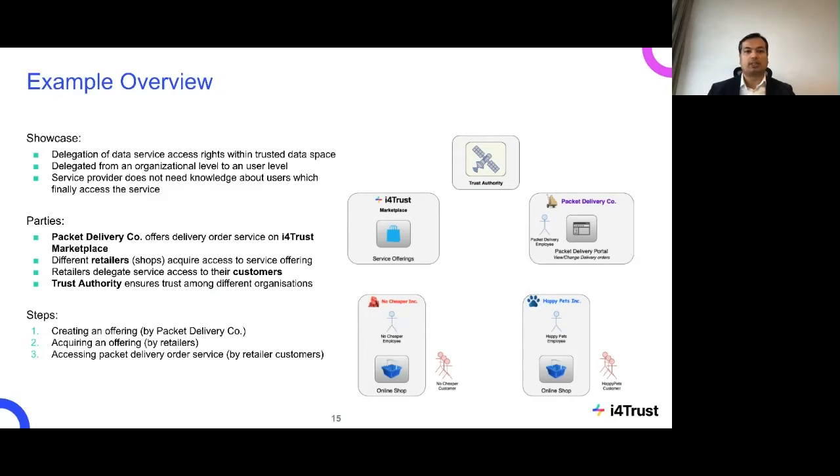We'll see that in the steps, and then once they have acquired it, how it enables them to directly connect to the package delivery company and get the details of the package, for example the track and trace information, or for gold delivery offerings, it can also allow either the employees or the customer to update some of the parameters of the delivery. So that we will see now in the demo,